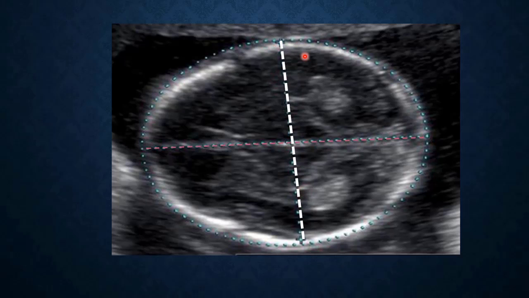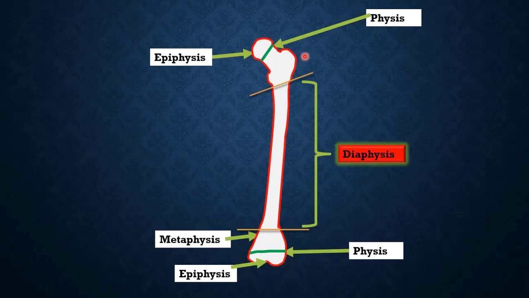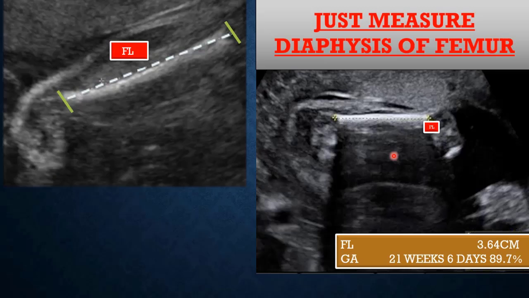We can also measure the gestational age and then EDD accordingly by using the femur length. Femur length has basically three parts: the epiphysis, the metaphysis and the diaphysis. On ultrasound we have to calculate the length of diaphysis only, right? So we will include the diaphysis only. We will not include the projections from the femur length.